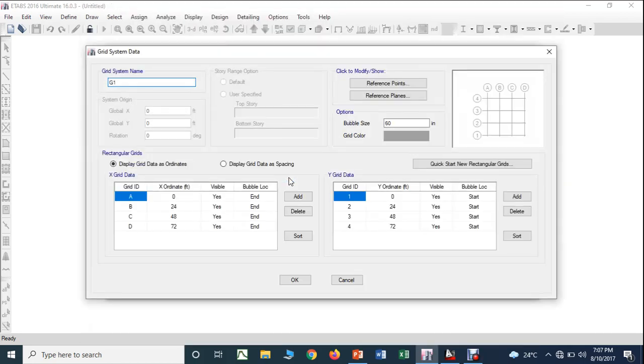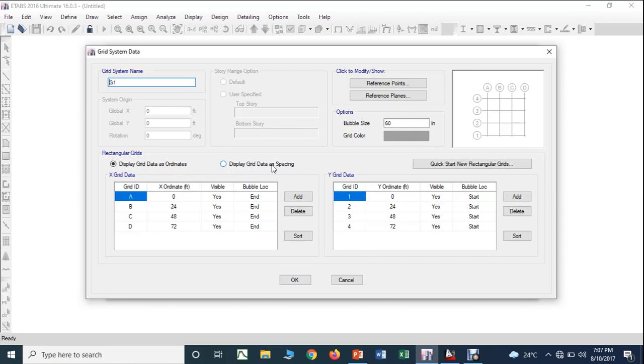Now, whatever you change here will be shown here in the form of a diagram. Now you can see that you have two options: